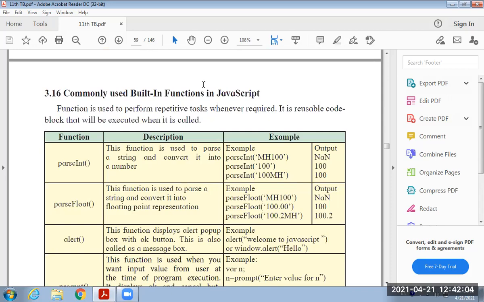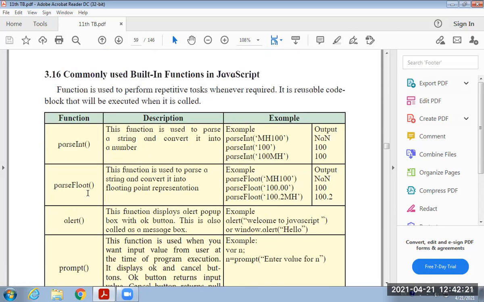Built-in functions are its own functions for which we do not have to provide any specific declarations or more details. We only have to use them in our program.